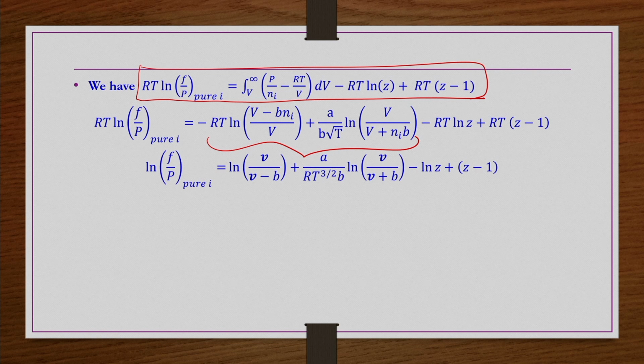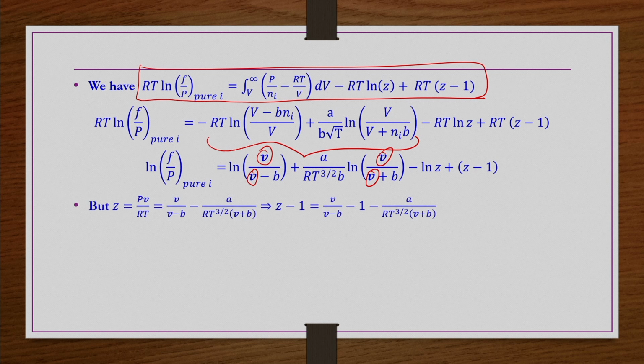So, this RT I can cancel out, and wherever these v terms are there, both in numerator and denominator I am dividing by nt, so that capital V by Ni or nt is the same. Capital V by Ni I can write as small v, the molar volume, here also the same thing, and here also the same thing. We do not get any additional terms, rather whatever Ni's are there in the multiplication will be cancelled out, because we are dividing by Ni in both numerator and denominator, right.